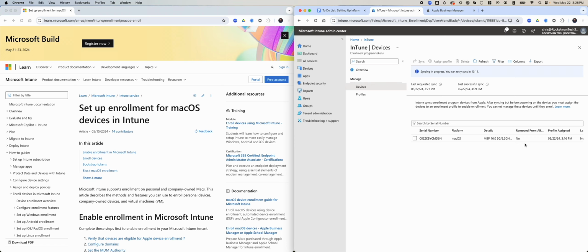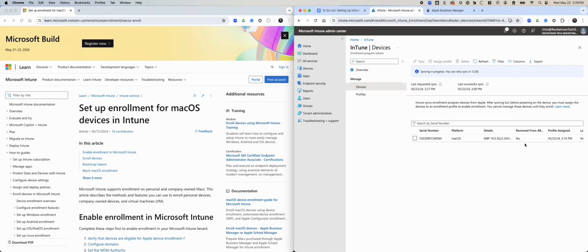We're waiting. I'm getting a data and privacy screen, which I don't think I'm supposed to be getting. It goes to the migration assistant and it's supposed to be skipping all that. So I'm giving up on this for now. I don't know why this isn't working. I will check back tomorrow and see if I can get this to somehow sync and actually enroll through the